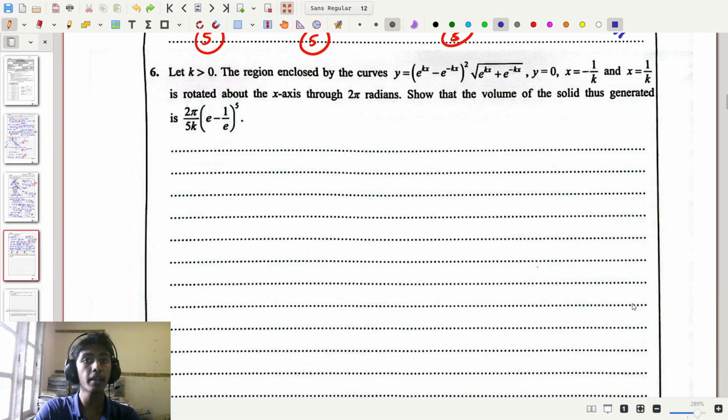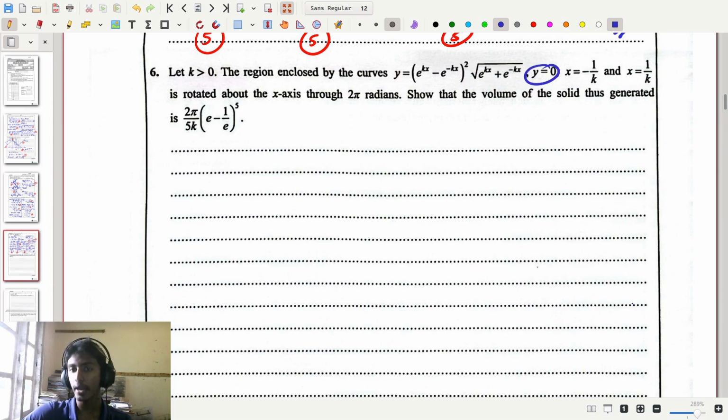2025 A-Level Combined Mathematics Paper 1 Part A question number 6. The question says, let k be greater than 0. And then it says, the region enclosed by the curves y equals (e to the kx minus e to the minus kx) squared times the square root of (e to the kx plus e to the minus kx),